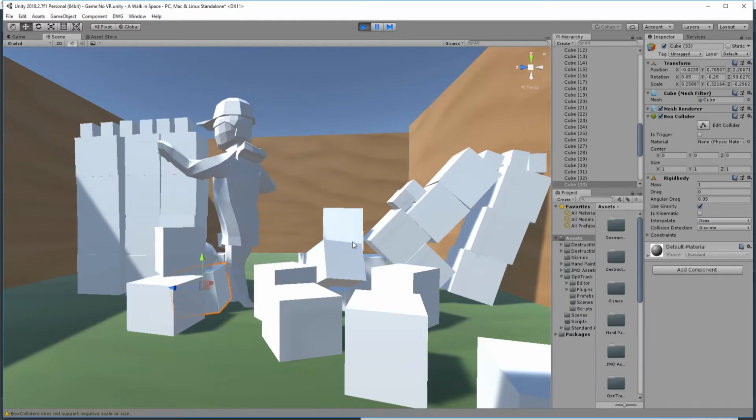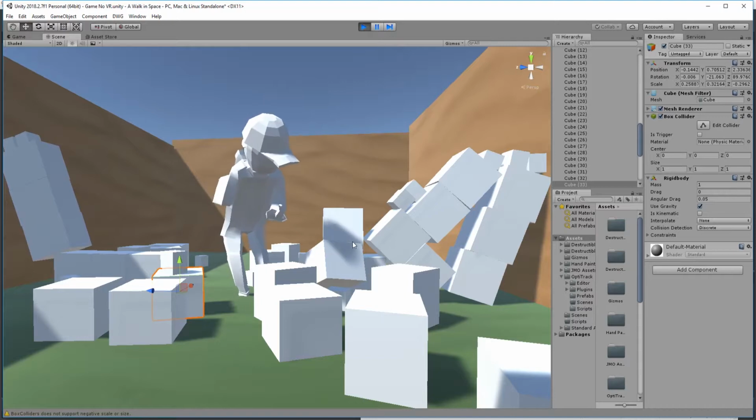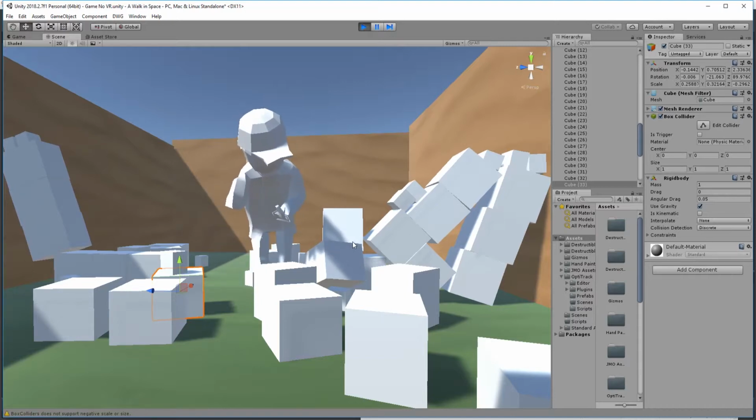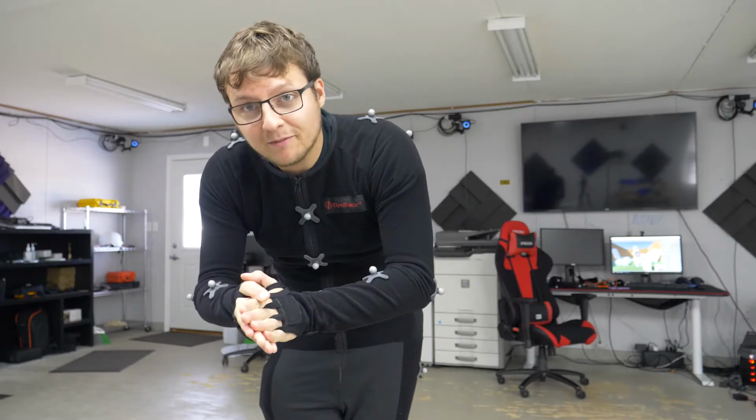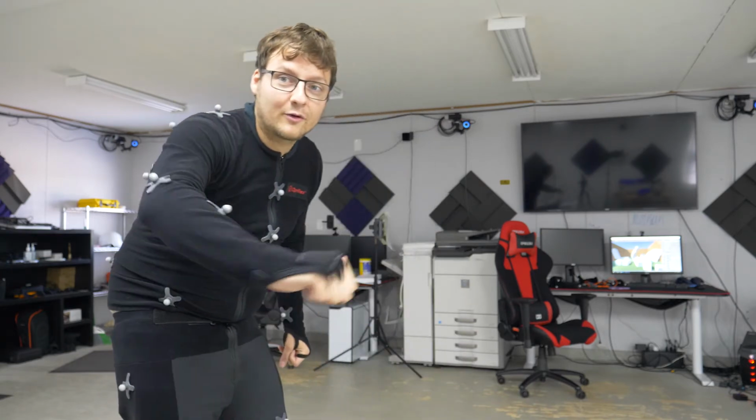Okay, so whoosh. If you'd like to see more motion capture things in Unity, we're going to continue this game's development. Like I said, I'm not a professional game developer in any way, so any tips or tricks, coding or anything that you think might be better than what I'm doing,